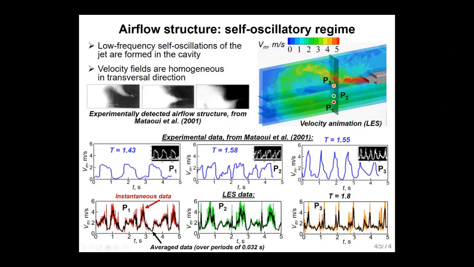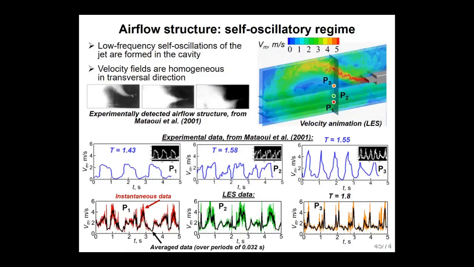So here is just a comparison with the experimental data. Again, experimental data were not too rich to compare, and they have some contradictions, like, for example, various periods at various points. But the global problem was caught by these experiments: global unsteadiness, large amplitude and low frequency. This unsteadiness is reproduced quite well by large eddy simulation data, though large eddy simulation predicts more